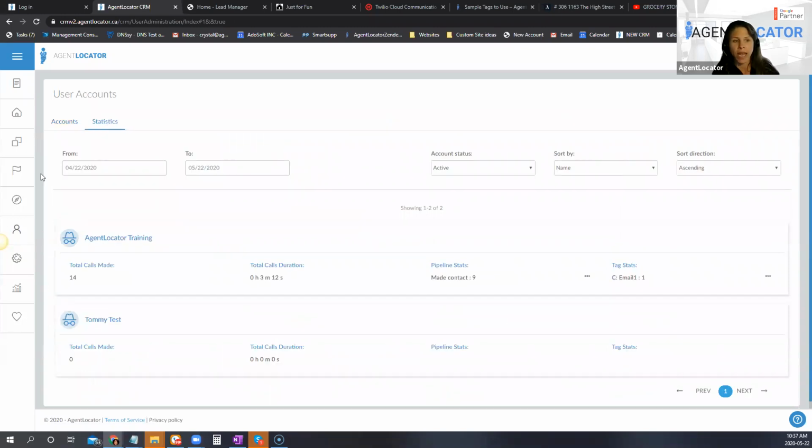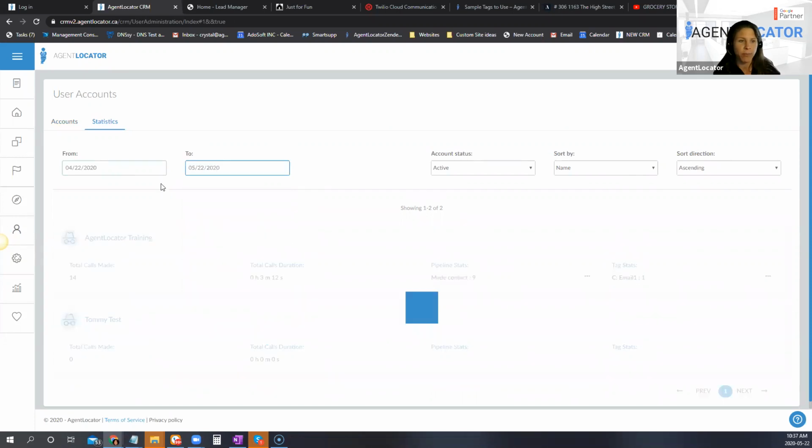So you can create even weekly competitions for yourself, just like little games, make it interesting. If you want to change the date, it'll always default to the last month, but you can change it. You always change the "to," and then you adjust the "from." So let's say in the last week,